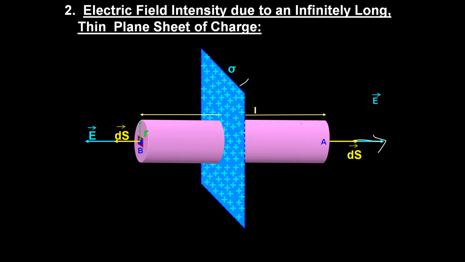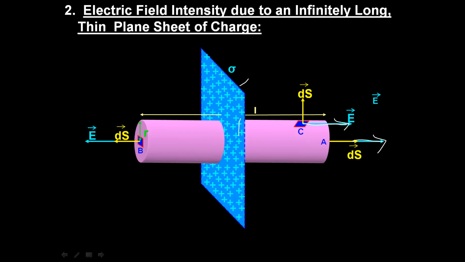Consider another area, which is C, lying on the curved surface of the cylinder. Direction of area will be perpendicular, directed outwards. Electric field will be away from the positive charge. So this is the sheet we are considering. Away from the charge means this will be the direction of electric field. So we have considered three area segments and the corresponding direction of electric field against each of these areas has been marked. Hope the diagram is very clear to all of you.